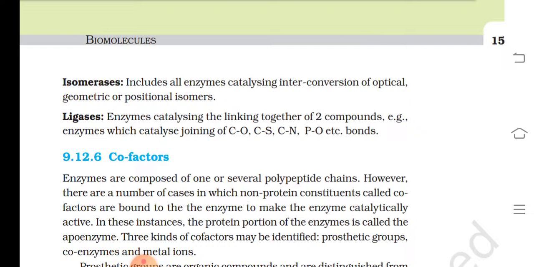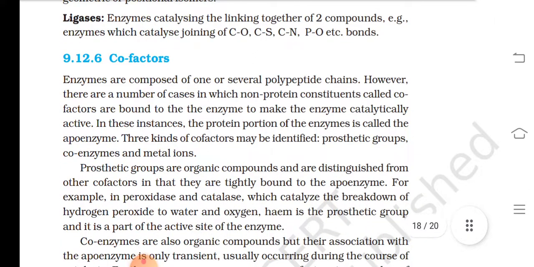bond. 9.12.6 Cofactor. Enzymes are composed of one or several polypeptide chains. However, there are a number of cases in which non-protein constituents called cofactors are bound to the enzyme to make it catalytically active. In this instance, the protein portion of the enzyme is called the apoenzyme. Three kinds of cofactors may be identified: prosthetic groups, coenzymes, and metal ions. Prosthetic groups are organic compounds and are distinguished from other cofactors in that they are tightly bound